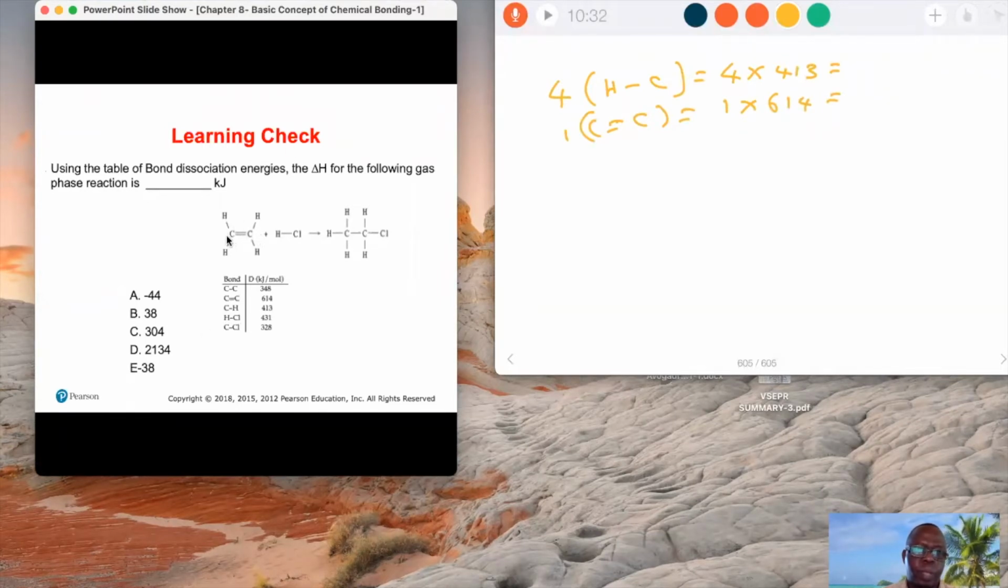I don't see any other bond in this compound. And then hydrogen chlorine is what? This is 430. So hydrogen chlorine, this is 1 times 431 equals to,